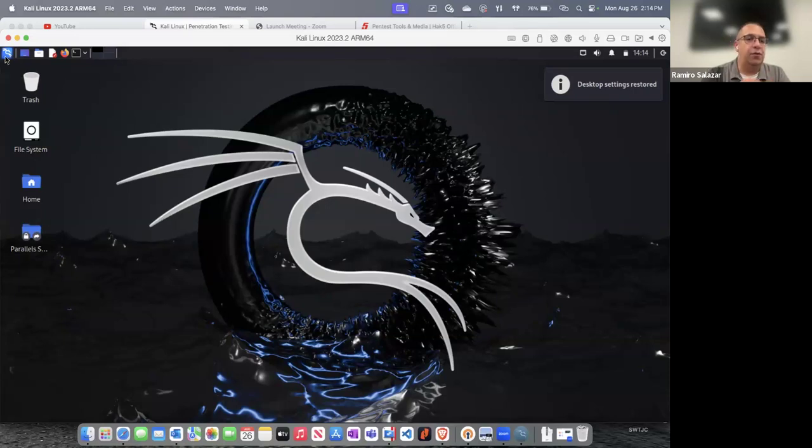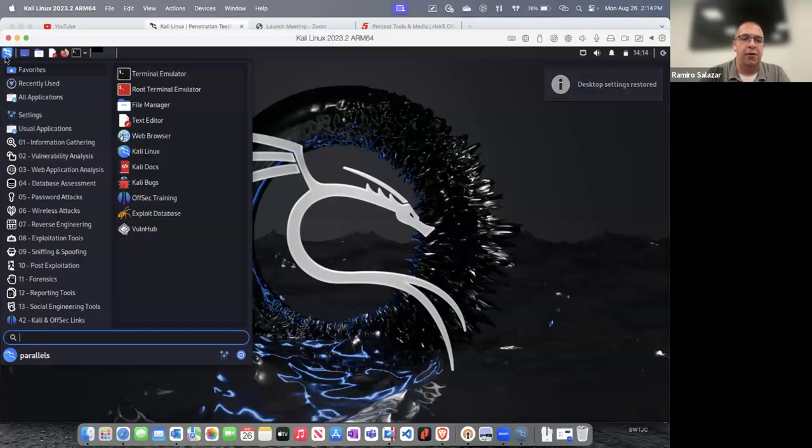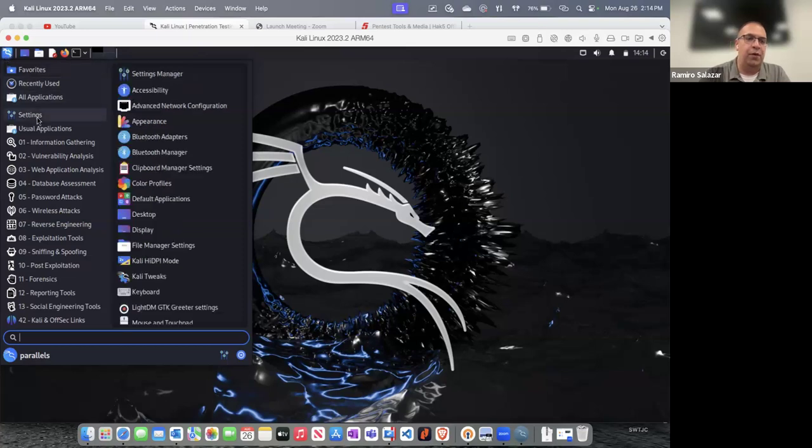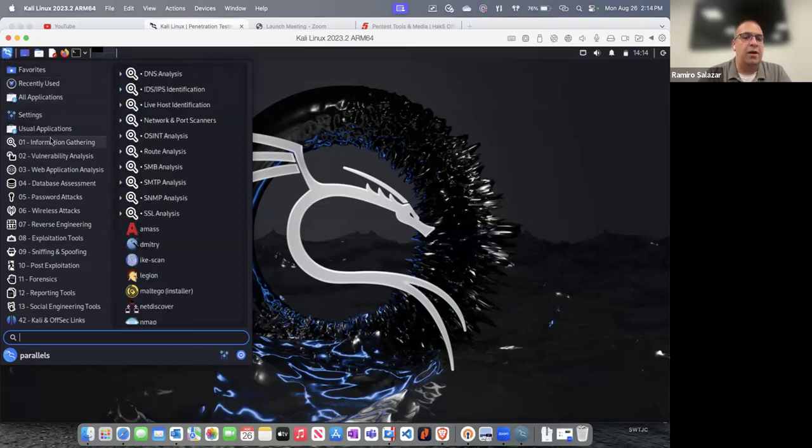So let me show you some tools that exist in here. A lot of them are for penetration testing and ethical hacking, but a lot of these hackers will use them for malicious purposes. For example, under information gathering, there are tools that can help a hacker find more information about a user.